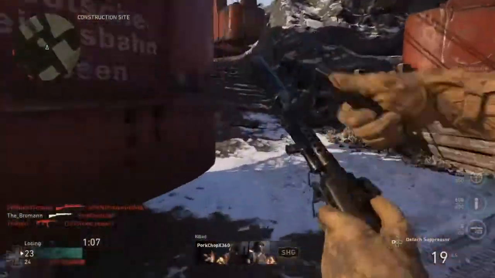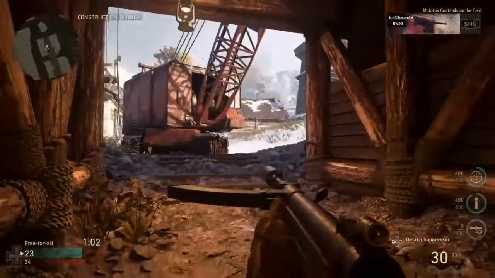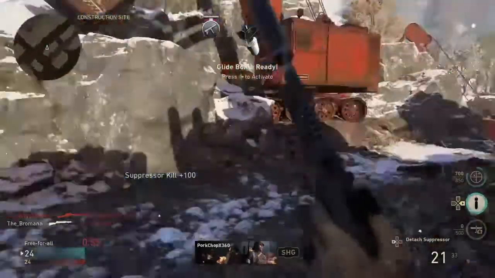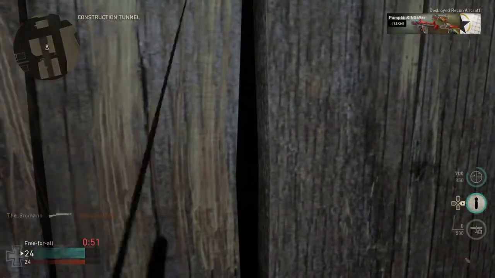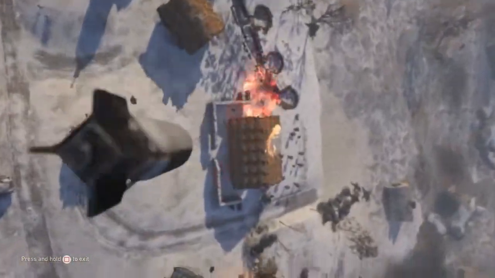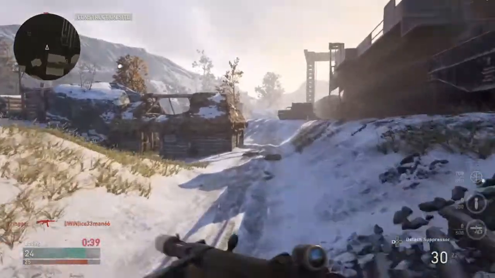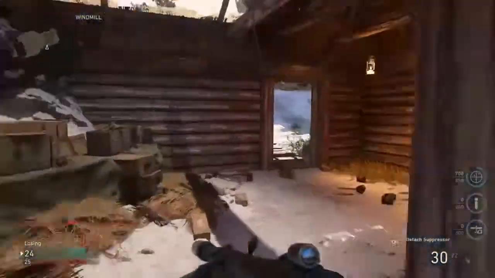Another cool thing about this game is the kill time. God, I stuttered so much. The kill time in this game is almost perfect. If it was just slightly faster and the hit detection was perfect, I think this could be one of the greatest CODs. Oh yeah, I whiffed on that score streak, I know. But I really wish that the hit detection was fixed, because there's a lot of